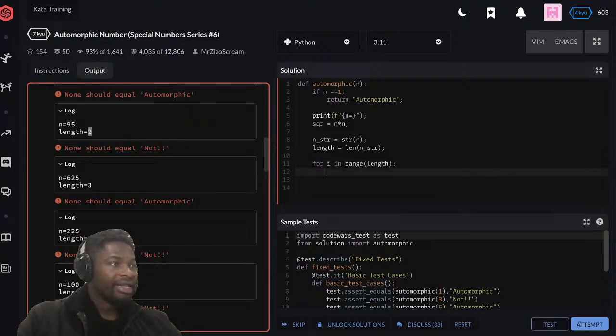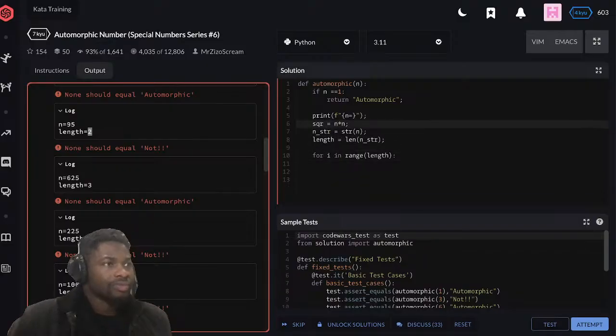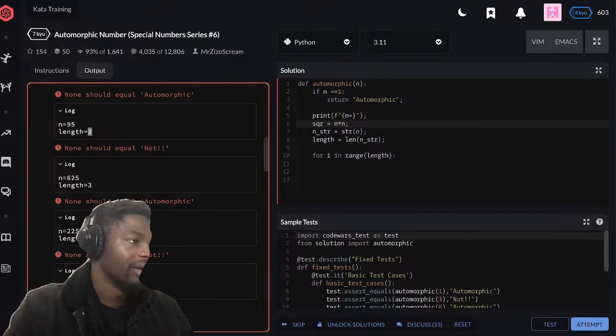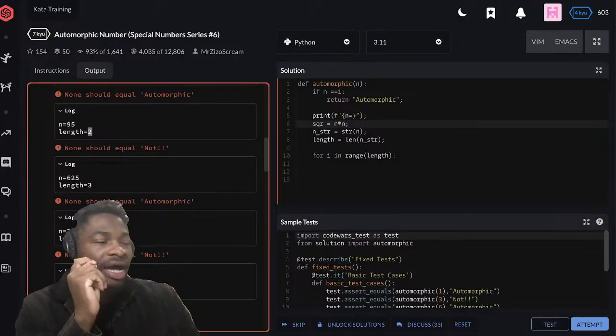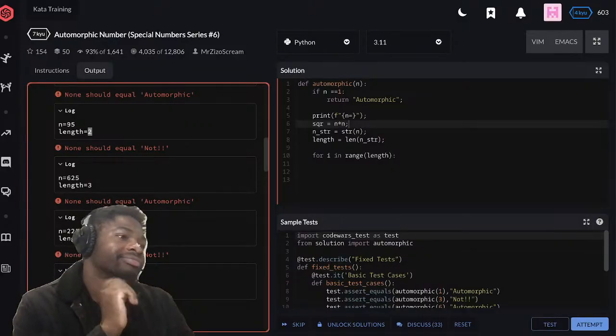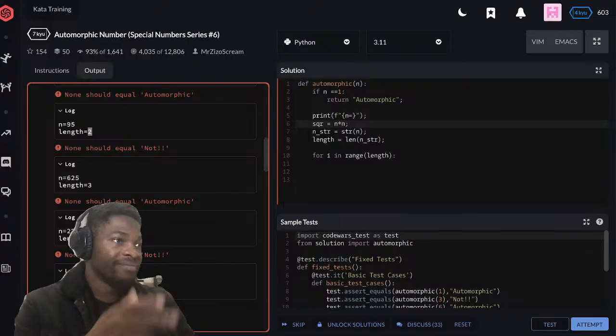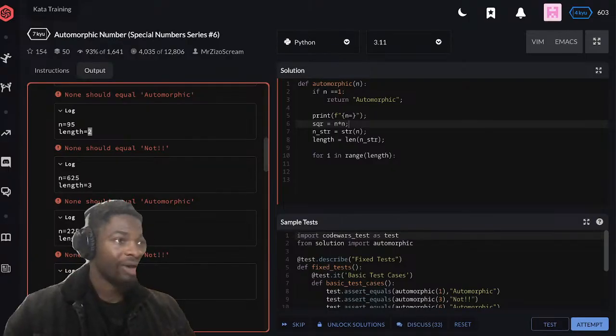So now I can check the last digits, the last 2 digits of the squared variable, and I'll pass this into